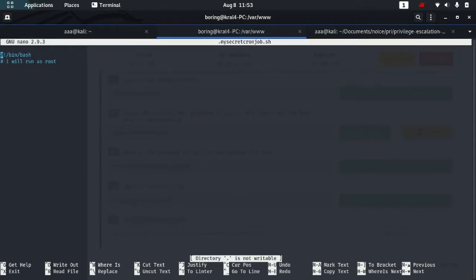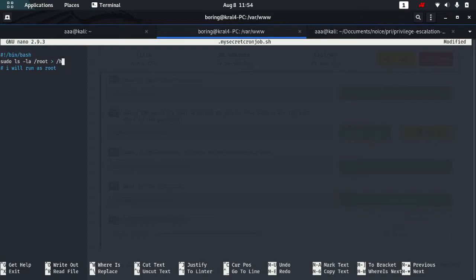Okay, so now this will run as root. I'll show you again, don't worry. Firstly, let's list out the root directory, which is sudo ls -la /root, and the output of this should go to the home directory. Where do you want it? The writables include the temp file, and even the home file is writable.